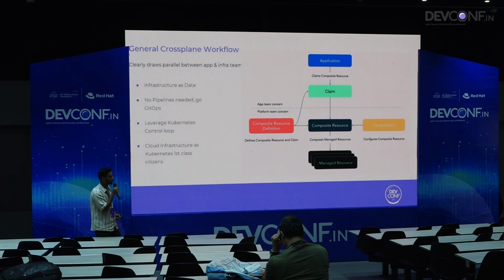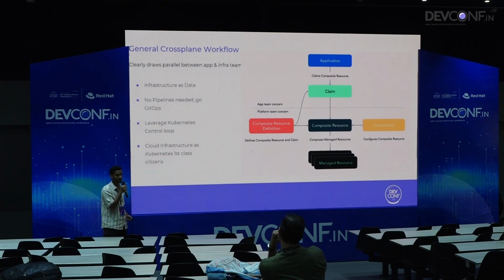And this composite resource is called composite because it consists of a lot of infrastructure. Every piece of infrastructure is a managed resource. So let's consider the example of an EKS cluster. An EKS cluster will not just be the control plane. It will have a lot of things like the VPC, the subnet, networking, route tables, and a lot of stuff. So everything will be a managed resource in AWS, which will be managed from the Kubernetes API.